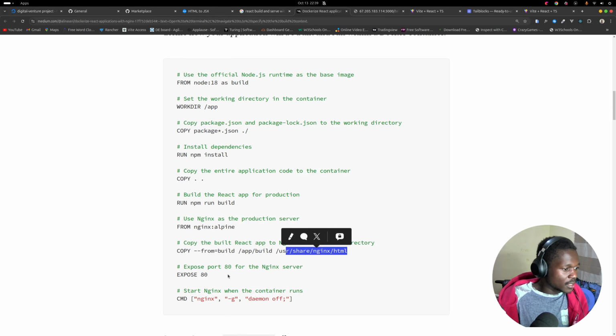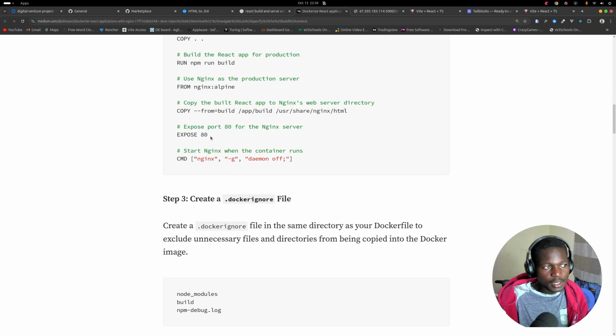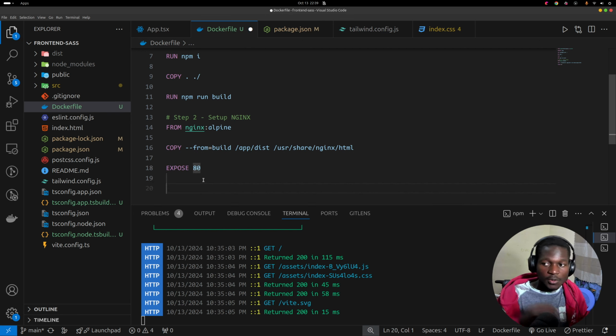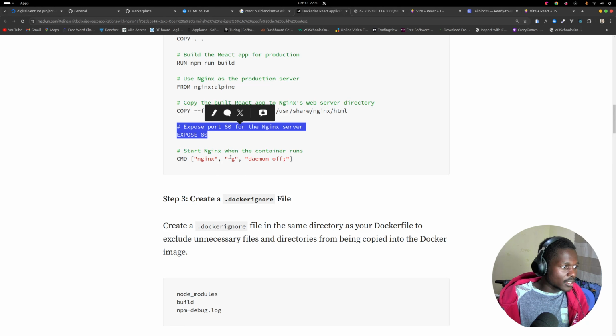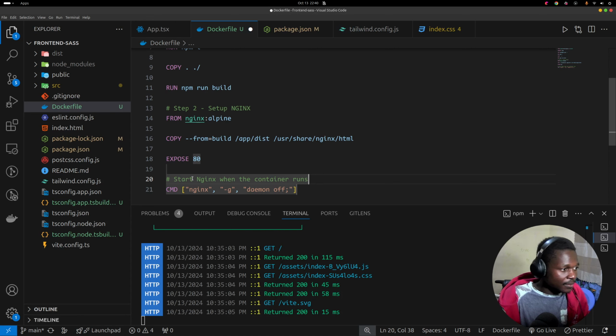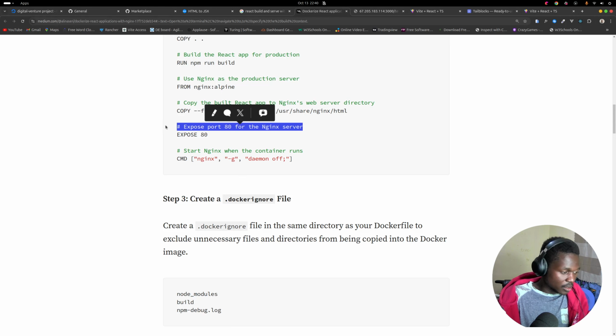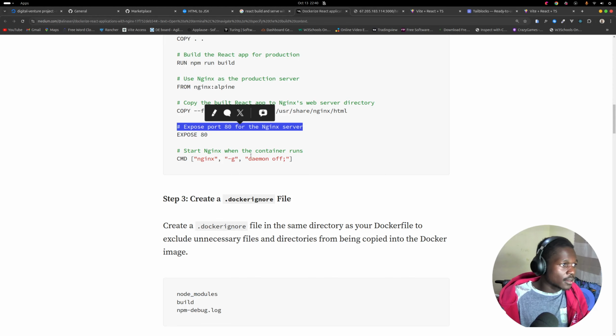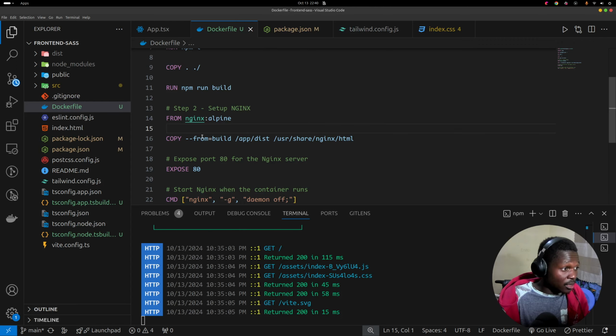Then once that is done, we'll need to expose port 80 because Nginx will be running on port 80. So expose port 80, that will be within the container itself. Then now exposing it to the outside, we can use whichever port we wish. So then start Nginx. So I'll just copy this command, paste it here, then this one below here, then copy the build React,